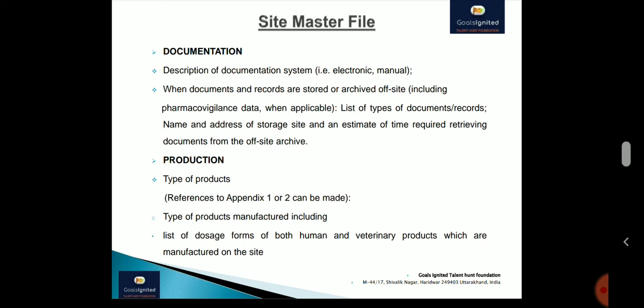Because in some companies there is a common document storage room where documents from the different sites are collected in one place and maintained. So you are required to mention this in your SOP and in your site master file also, that the following is the detail of the location where all the centralized data is collected and archived. So it is the documentation requirement if it is applicable to that site. If it is not, then QA is mainly the department that looks after all the documentation part.